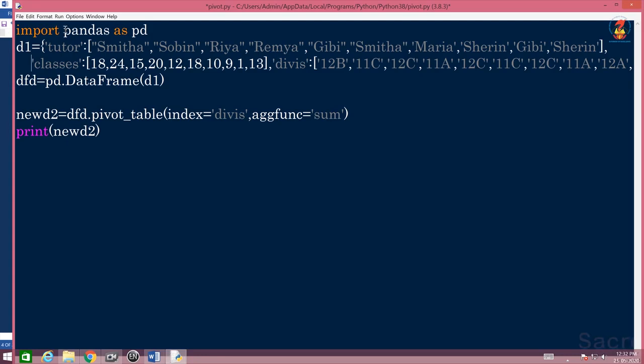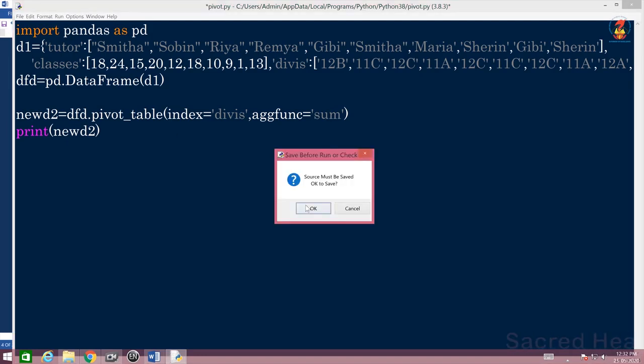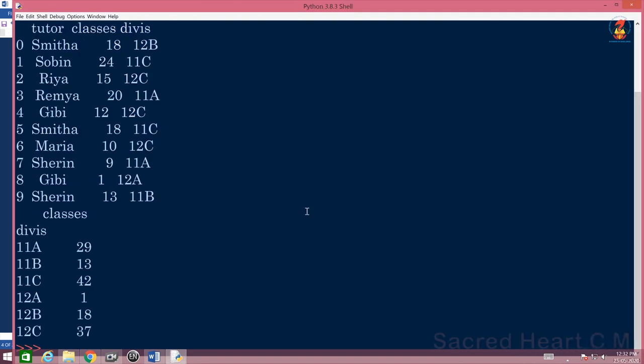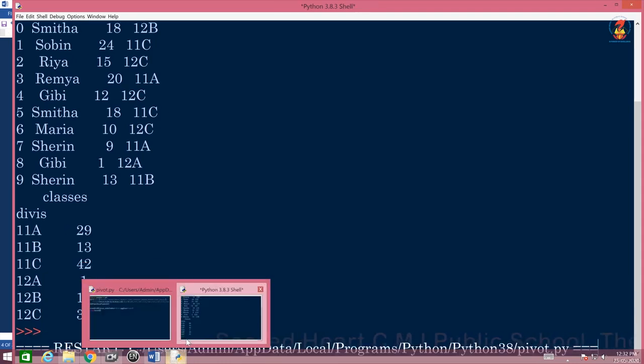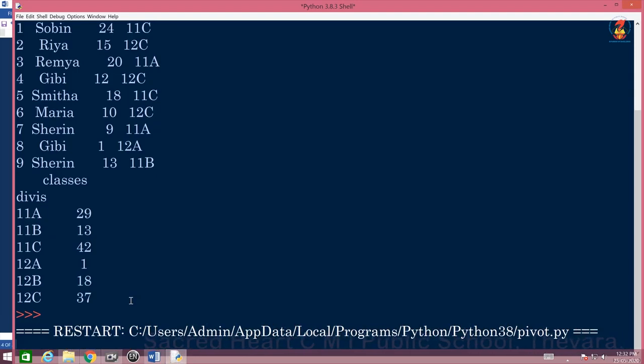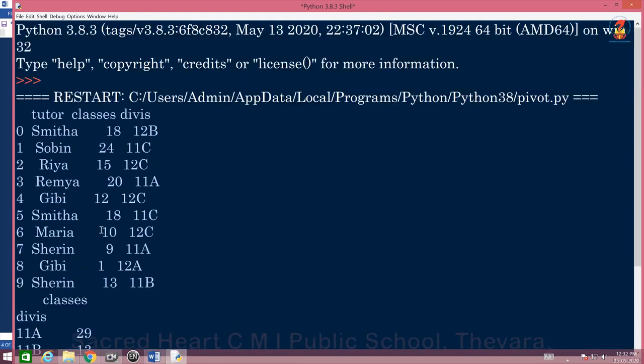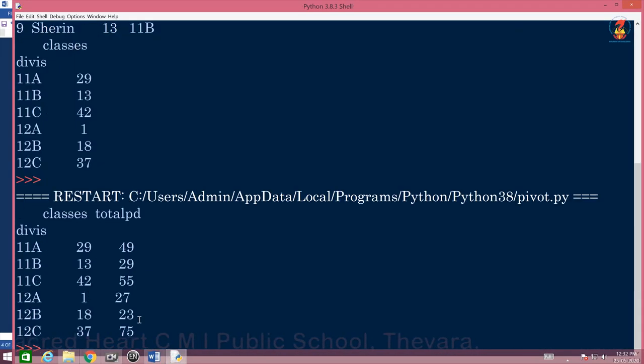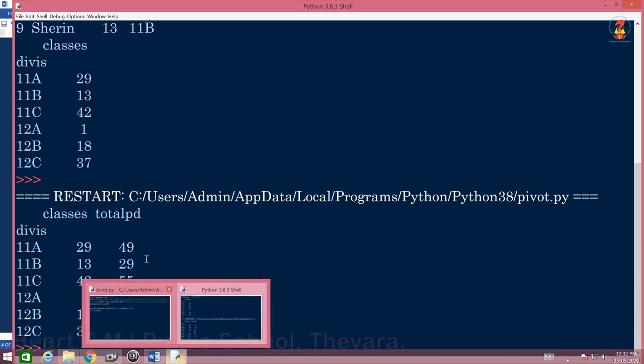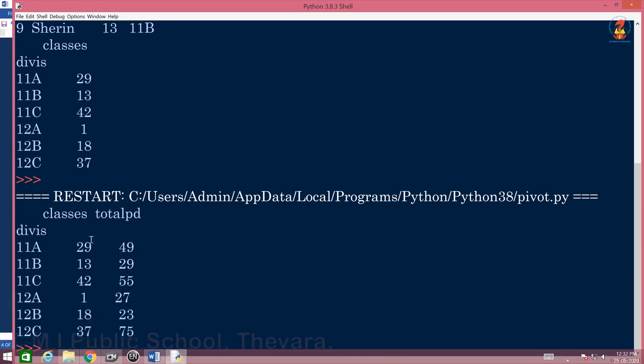So I am just running this again just to show you, so you will get an idea about what we are doing. It came. So, see, divis, total period is displayed and the class is also displayed by adding it up.